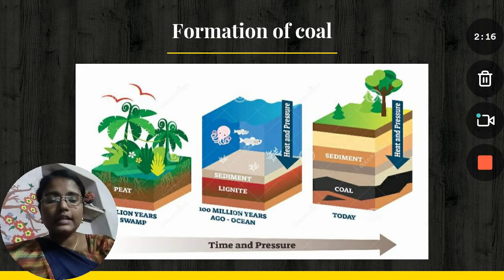The plant matter becomes buried and is no longer exposed to air. Anaerobic bacteria then start to decompose the material. Burial and accumulation can occur for several thousands of years, producing several meters of partially decayed plant matter known as